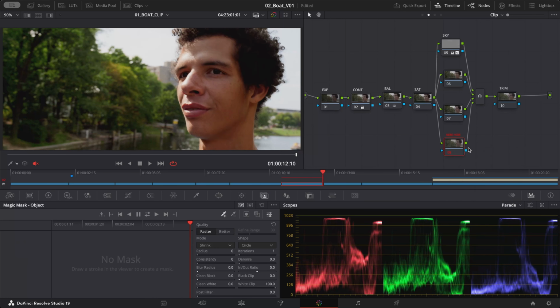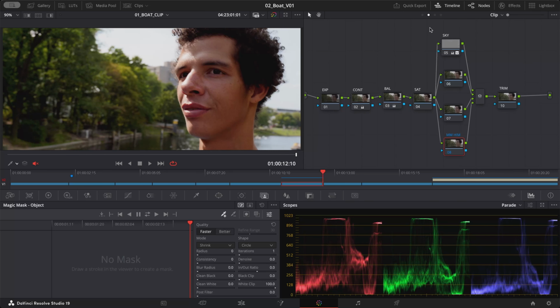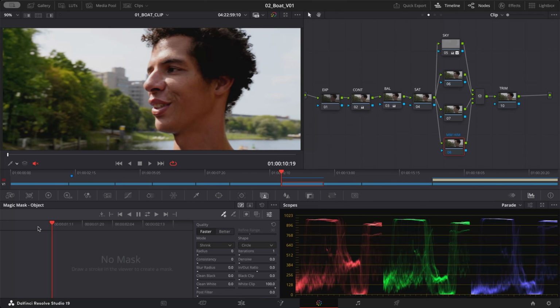I'm going to reset the node because I want to show you all the corrections that I did from the beginning. Something else that I want to do is to go to my timeline, and just for now, I'm going to disable all the nodes that are applying a look to this shot. I'm doing this because I want my magic mask to run smooth in order for you to see better how it performs. I'm going to the first frame of this clip,